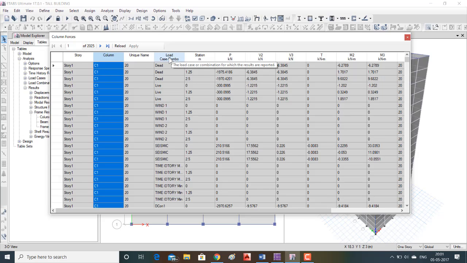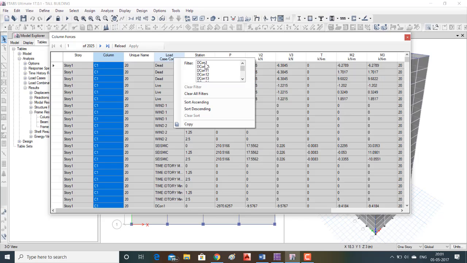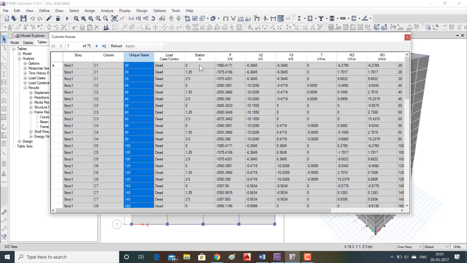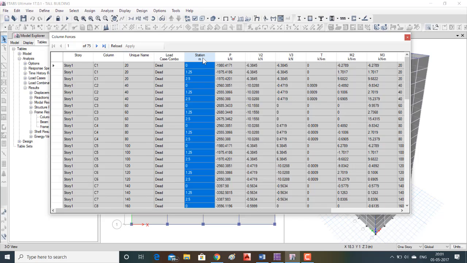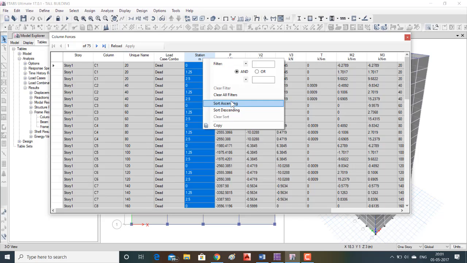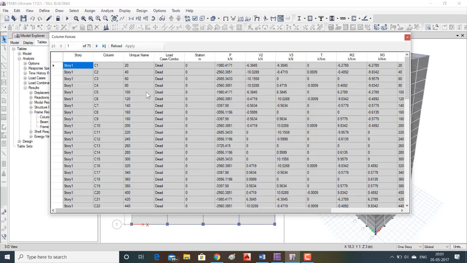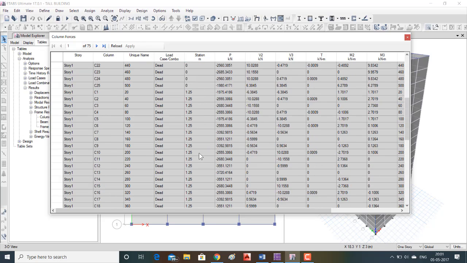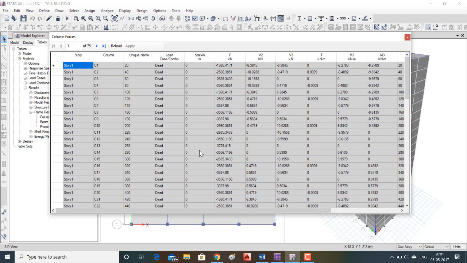Now for the load, click on load case or combo, right click, select dead loads. You can see the values of dead load. Select station meter as ascending, which will show from 0 and next 1.2, afterwards 2.5.